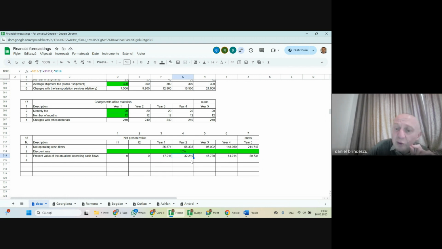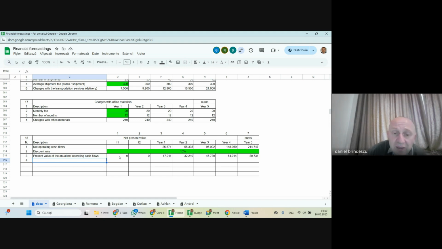32,210 is the value that we pay today to have in 4 years 56,335, and 80,731 we would pay today to have after 7 years 214,747. Of course, again, expecting and being satisfied with an annual return rate of 15%. Okay, now